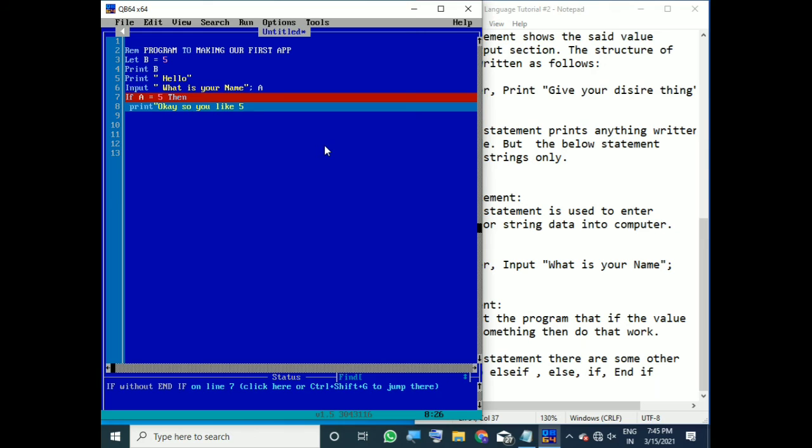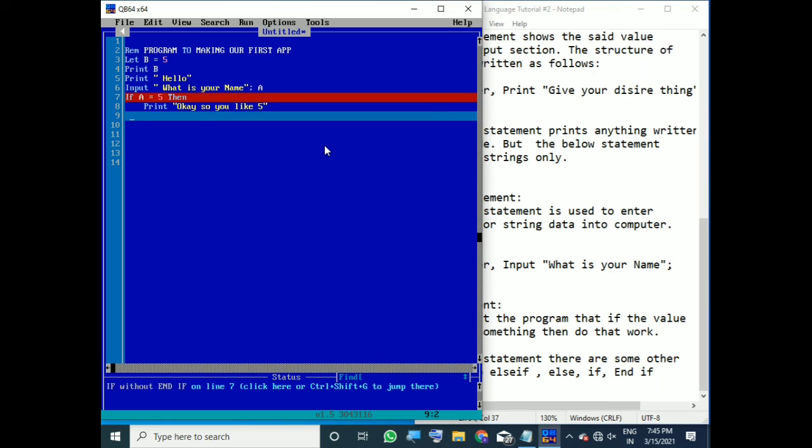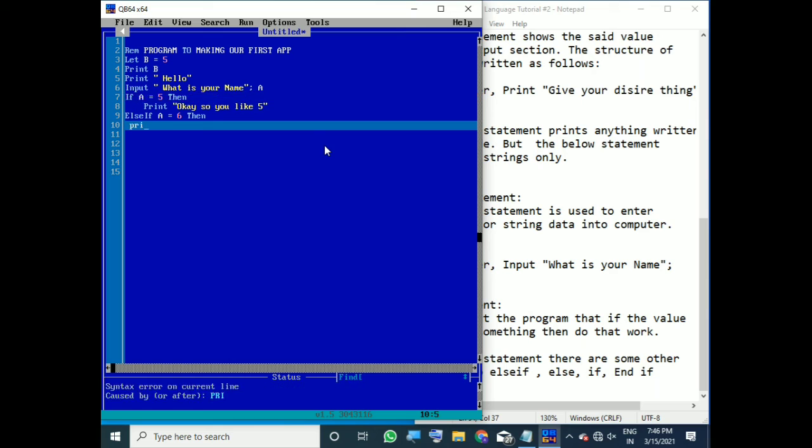Okay, so I'm writing so you like 5, and then close it, and then here else if. I am writing else if a equals 6, then here print okay, so you like 6, and then print close, and then we will be writing else.